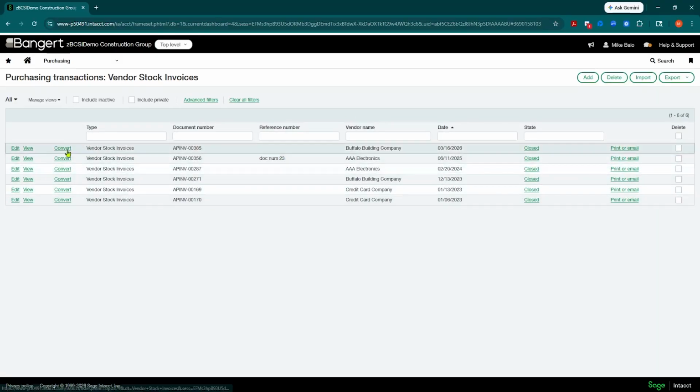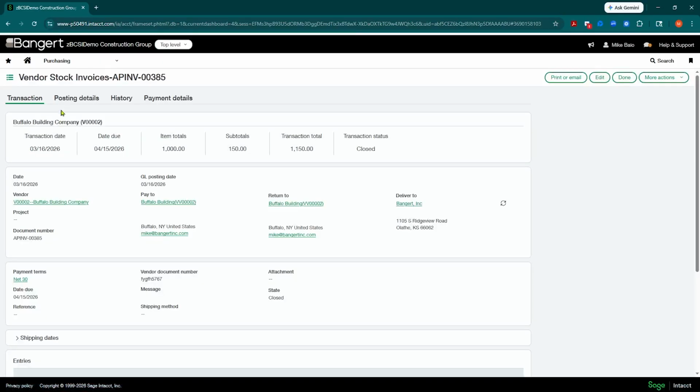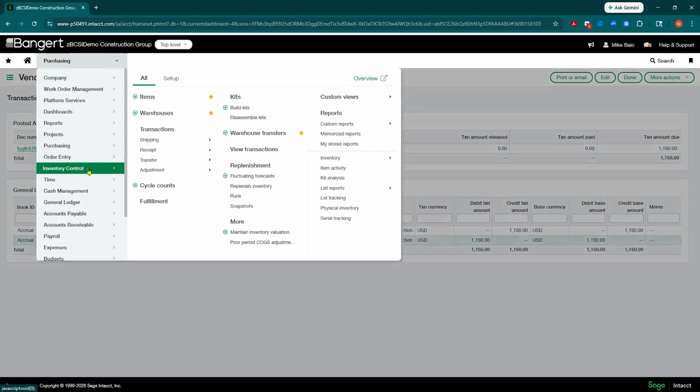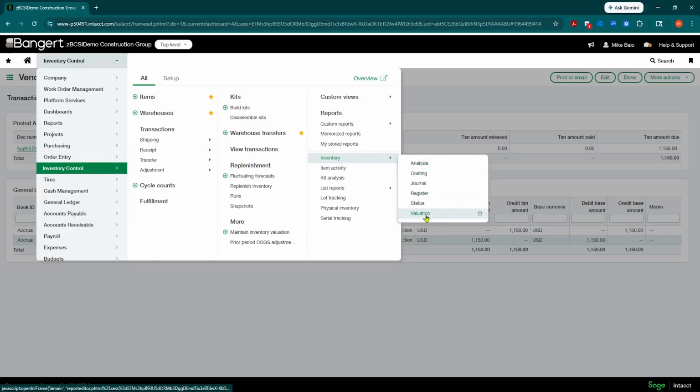So what you'll notice here now, if I want to go look at my general ledger entry, you'll get your first glimpse at it. If I click view here, under the posting detail, you'll notice it's charging the full amount of the invoice to the inventory account because that's what the detail, the body, was set at.